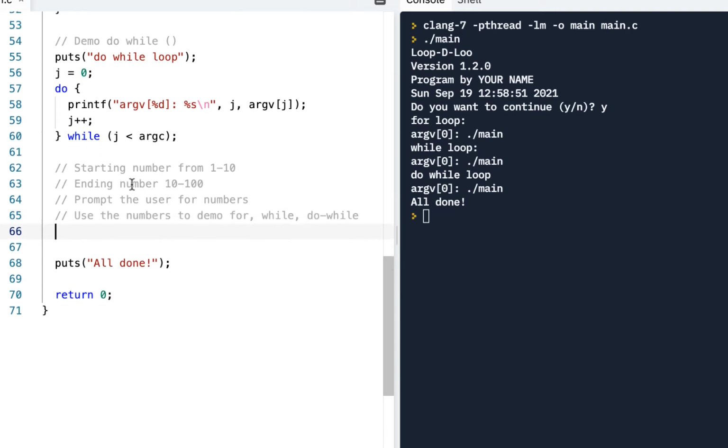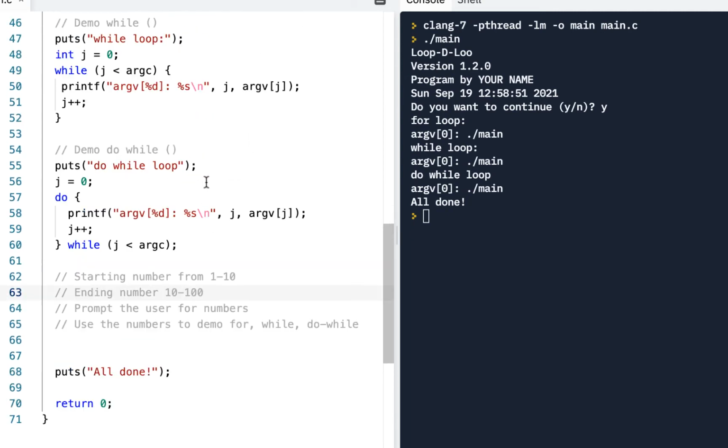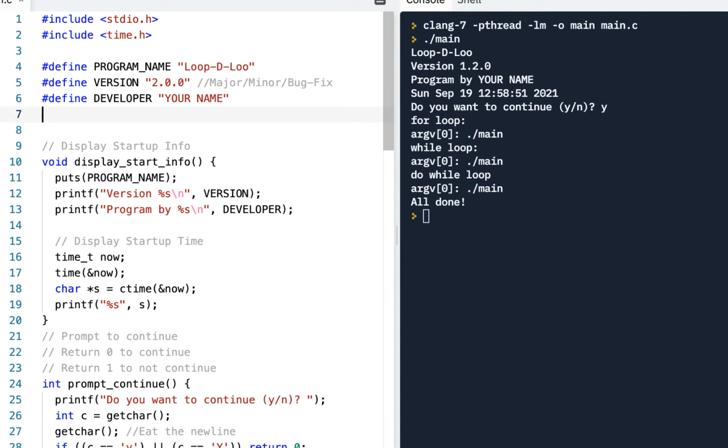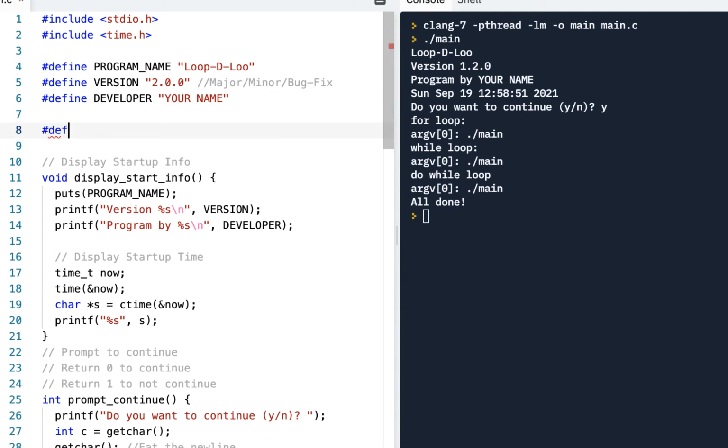Now, if we're going to have a starting and ending number, you could argue that these may change as time goes on, right? We may decide now we want the starting number to go from 1 to 10 and the ending number to go from 10 to 100, but we may change that. So what I'm going to do is come up here as another good example of using pound defines. Say pound define